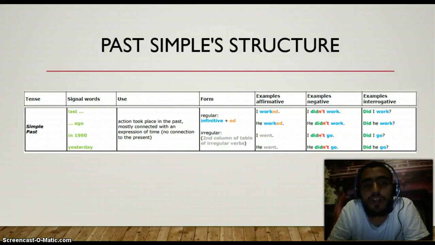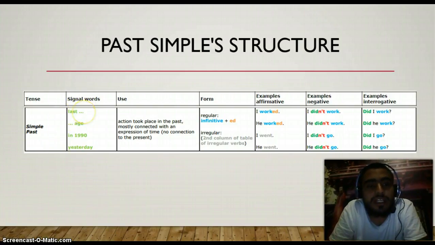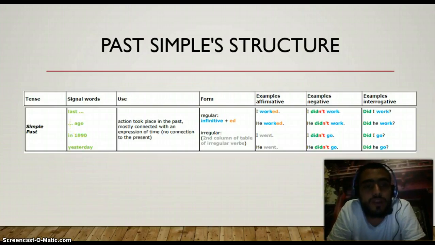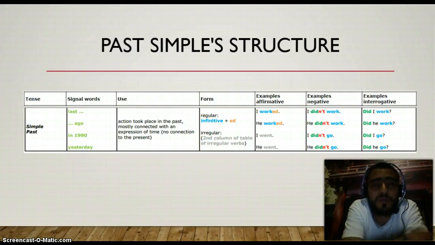When you're talking, you can find some signal words in a conversation in past, like last semester, last month, in a year, let's say in 2011, or even a day, like yesterday, the past Monday, or even the weekend or the week. The form of the past simple